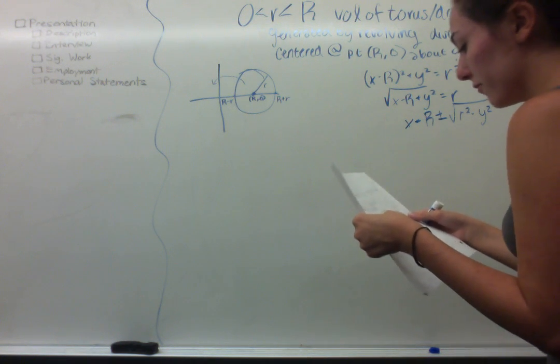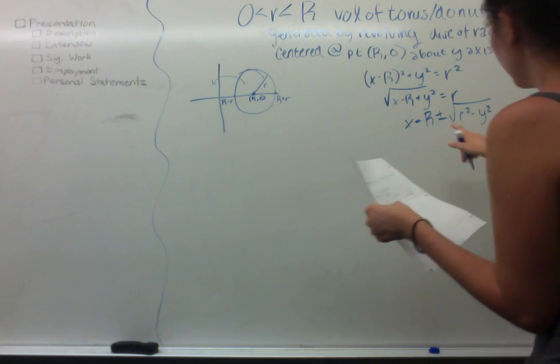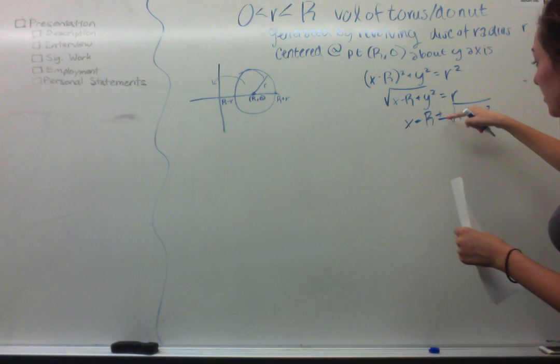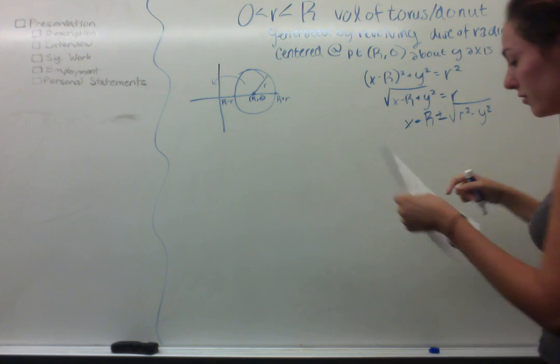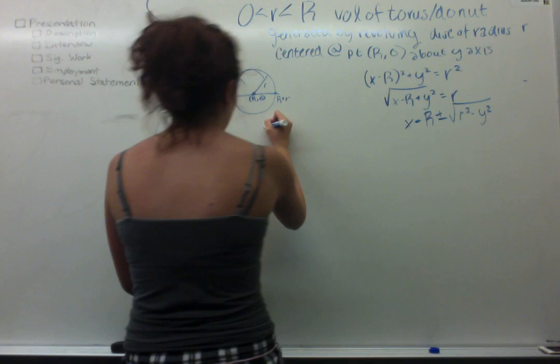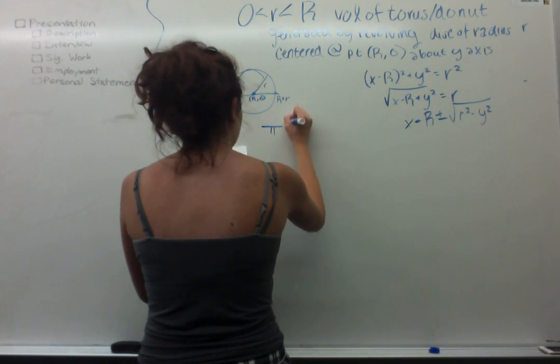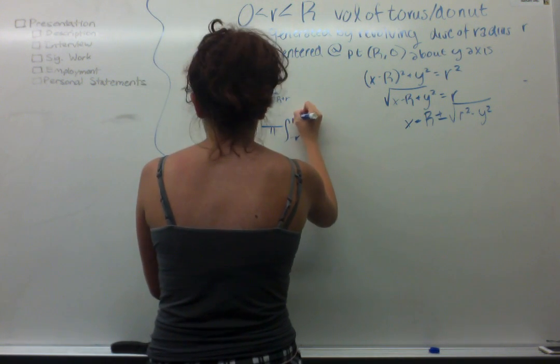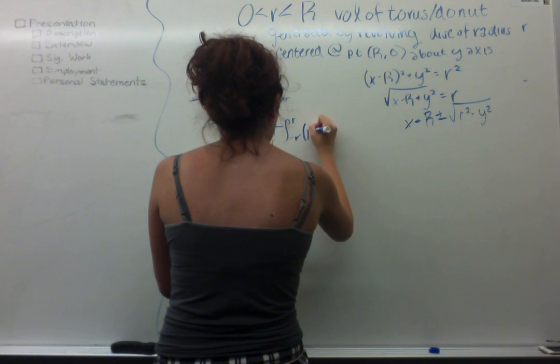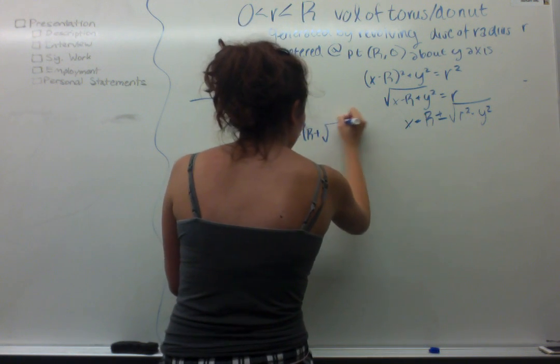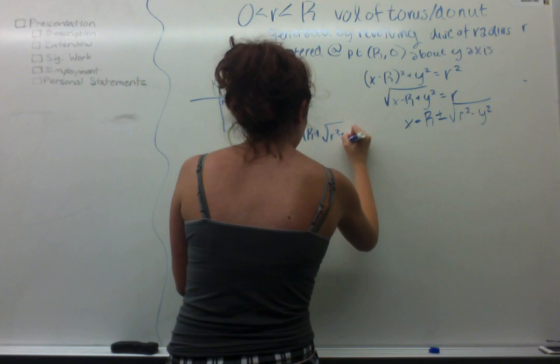Okay. So going from here, you're going to do an integral for the plus and an integral for the minus situation. So the first integral we have is pi times the integral from negative r to r of big R plus the square root of r squared minus y squared